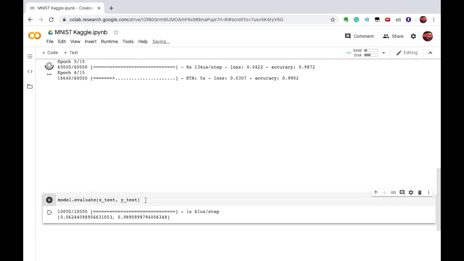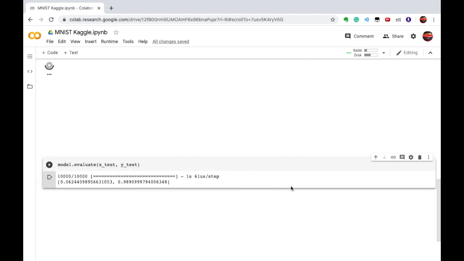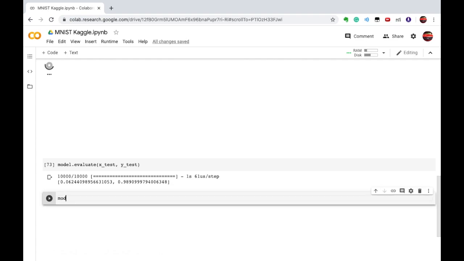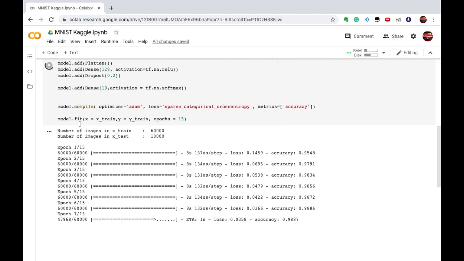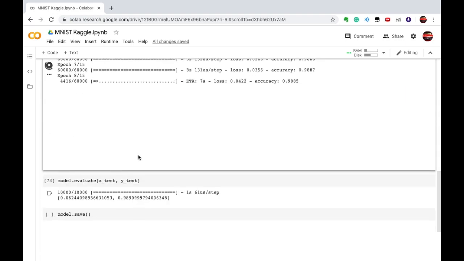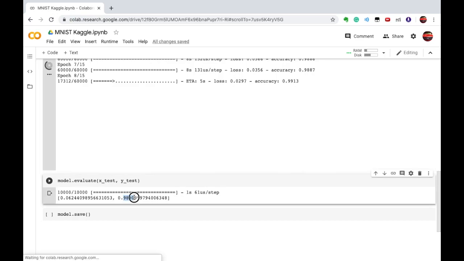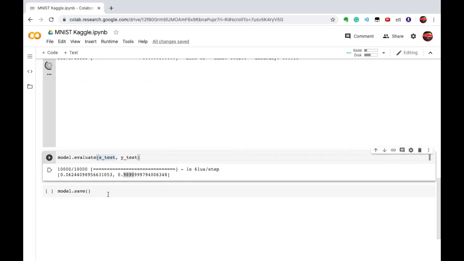After that we will create a new code cell and save the model with model.save. The model is our variable, which gets this accuracy after training when we evaluate it.